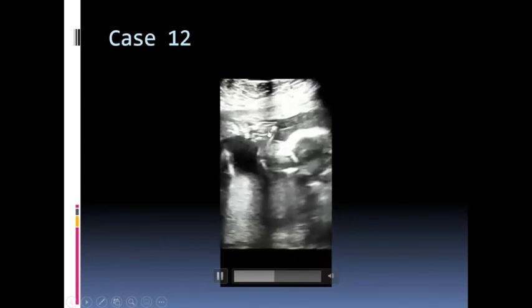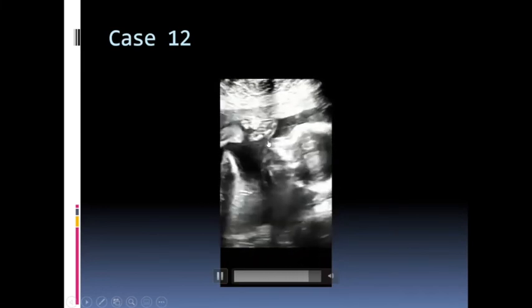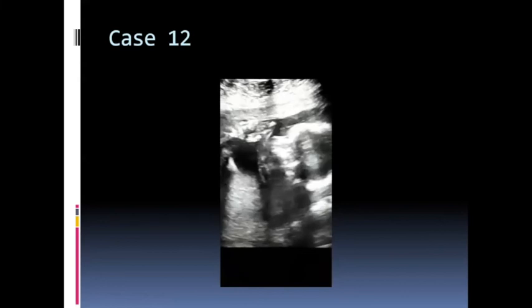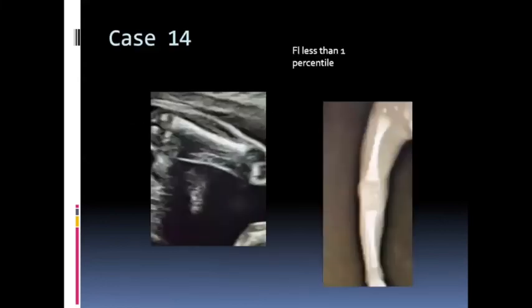Can you make out? It's quite difficult to see, but the hand is not in the normal orientation. In this fetus, the FL was less than the 1st percentile, and also multiple ossification centers were seen at 20 weeks in the region of the head of femur. So the possibility of chondrodysplasia was raised because FL was very less compared to the BPD and abdominal circumference, and